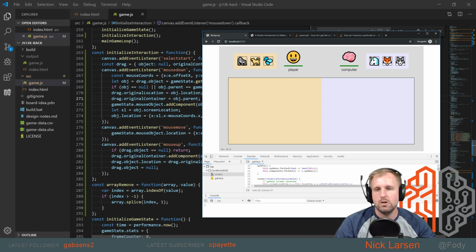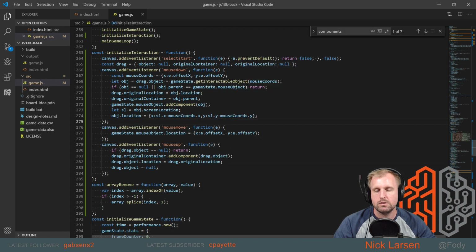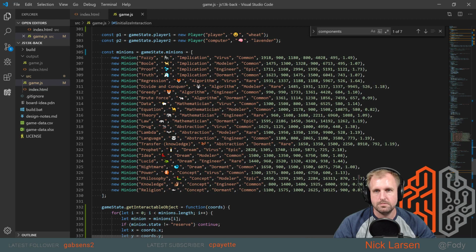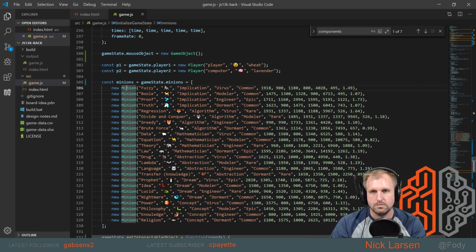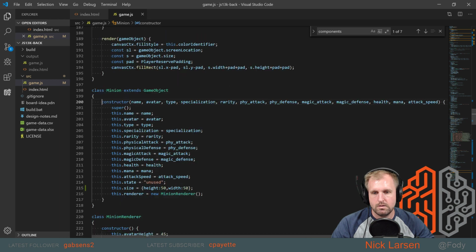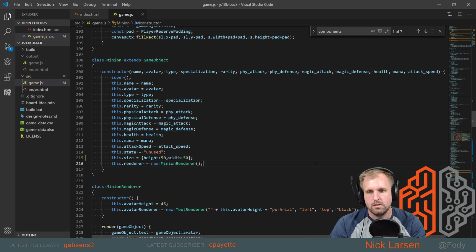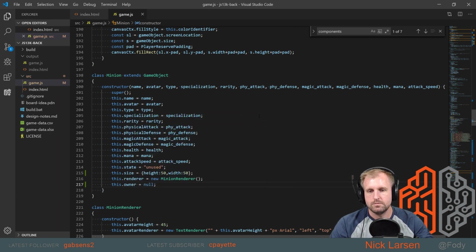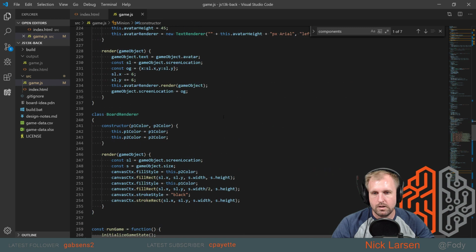Okay. Let's do the owner thing. So a minion needs an owner. Okay. I might do this with all of them because there might be other things I want to do this to, or is it just going to be minions? You know, we're just going to put it on minions for now. If we have to move it, we'll move it. this.owner equals null. Okay. And then I need to say